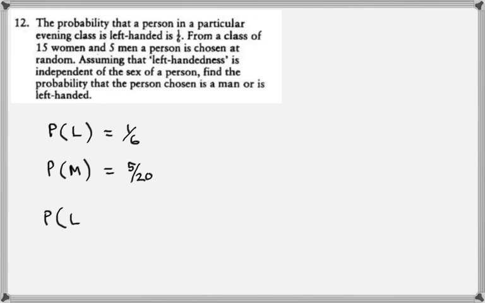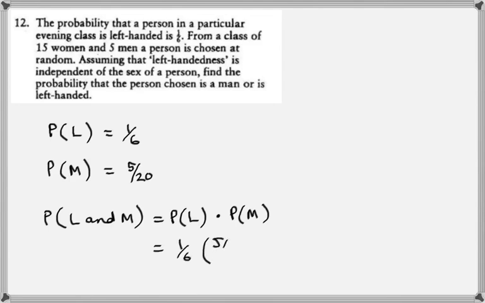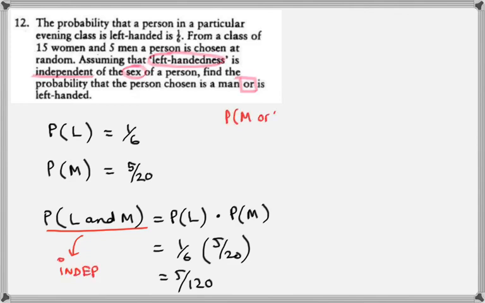Now here is the key sentence. Assuming that left-handedness is independent of the sex of a person, find the probability the person chosen is a man or is left-handed. Now the key thing is being independent. So probability L and M should be a product of the individual probabilities. Once you obtain this probability, which you can only obtain because the word independent is written,